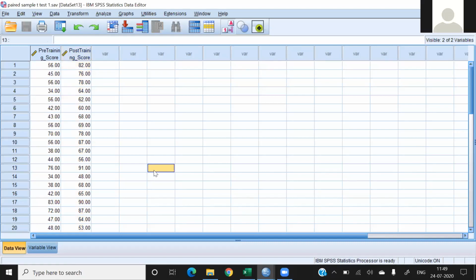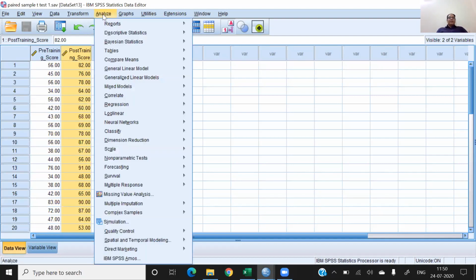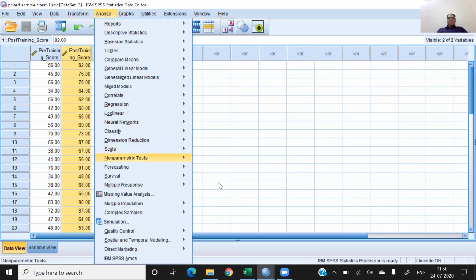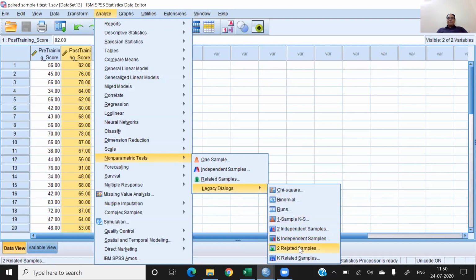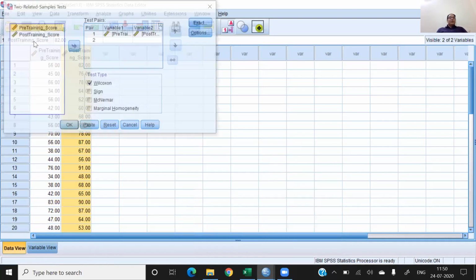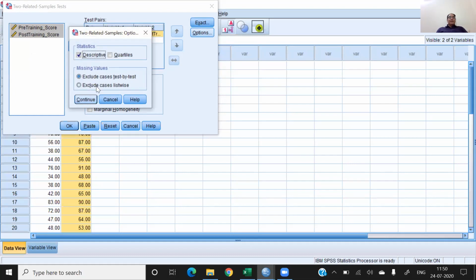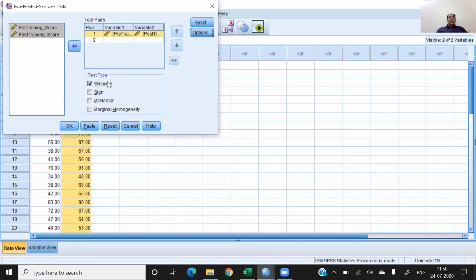So this is an example of paired sample t-test, and we have the pre-test and the post-test, and we are comparing whether the pre-test is more than the post-test or not. So if I go to analyze, the non-parametric tests, legacy dialogs, and two related samples. You are asking what we apply for two related samples. So I make a pair, send it here, and in options I click on descriptives, and I click on the Wilcoxon test,